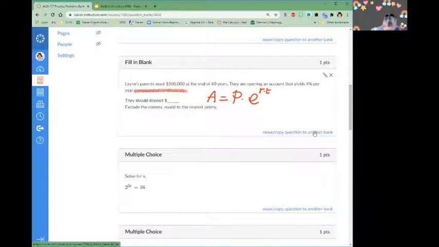We don't know the principal, so I will keep P there. Then the base e is Euler's number e. Then the rate continuously compounded is 4%, so it's going to be 0.04, and